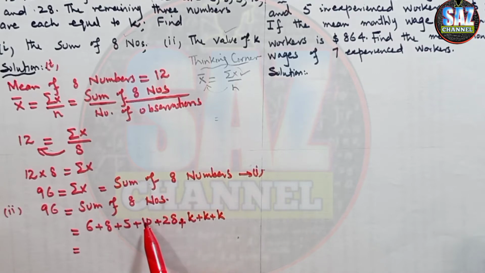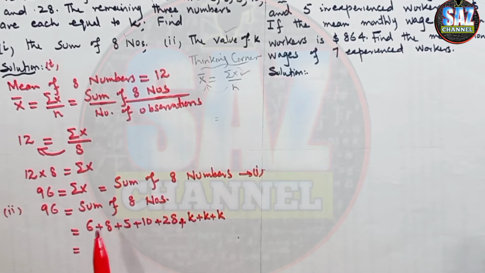28 plus 10 is 38. 38 to 40, 43, 43 and 6 is 49, 50, 57. But let me reconfirm this. Students, you can see that I'm trying to perform the calculation mentally as well, because the question can come in paper 1 where the calculator is not allowed. 6 plus 8, 14, 14 plus 5, 19, 19 plus 10, 29, 29 plus 28, 57